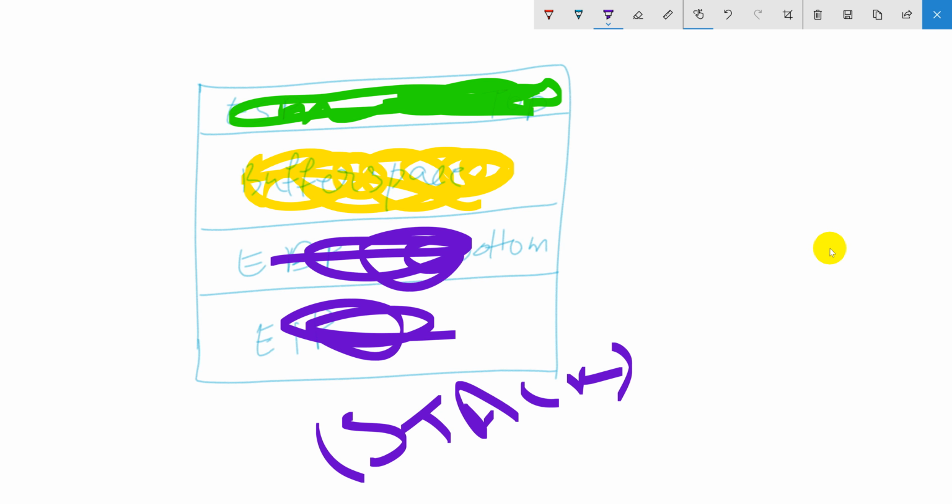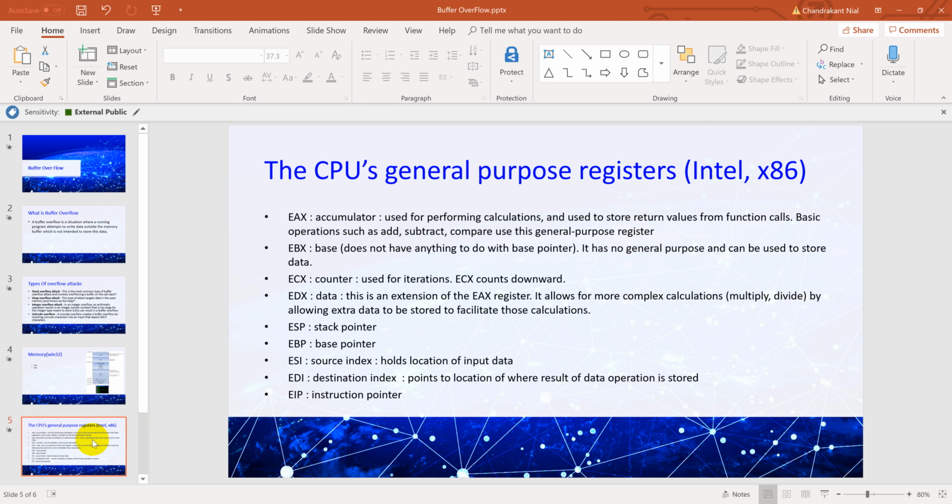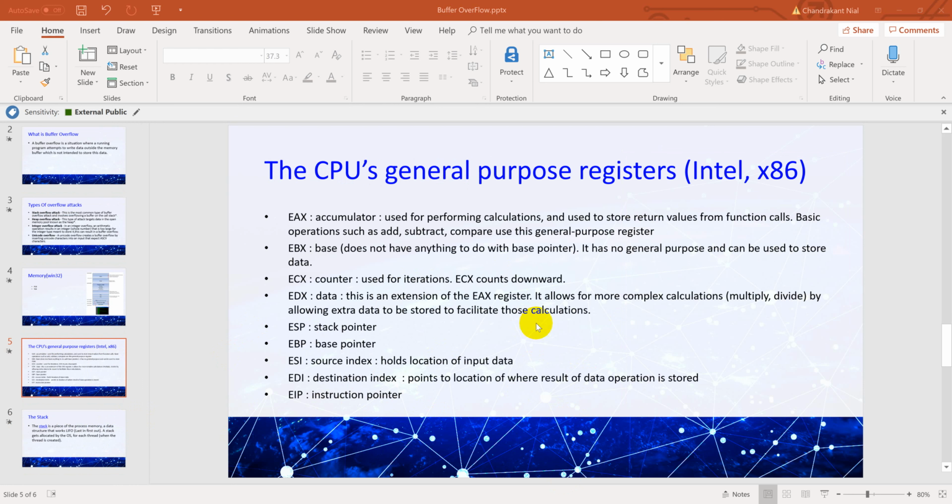So we'll see what the different registers are now, then we'll see the steps that we can involve to perform an attack in buffer overflow. As I was mentioning, some of the stack-based related stuff, these are the various registers like EAX, or accumulator, which is used to store your addition, subtraction, all those values, and EBX, your base register. You can go through all of them one by one, but I just wanted to make sure that you got some idea about ESP, EBP and EIP, right?